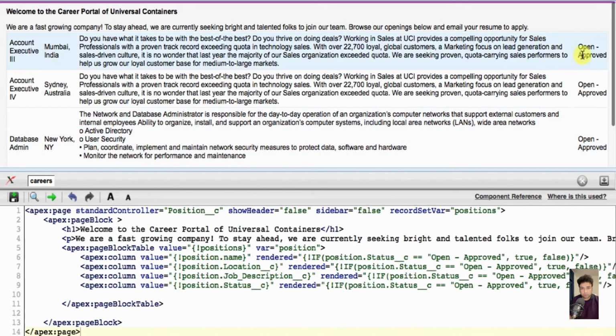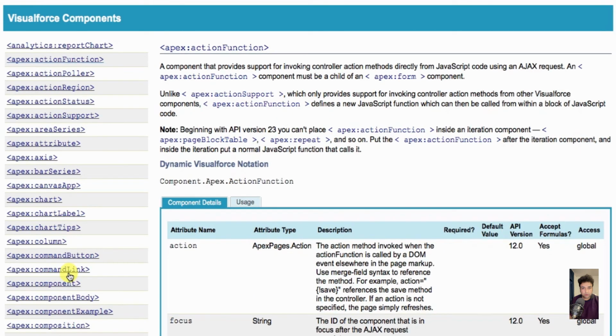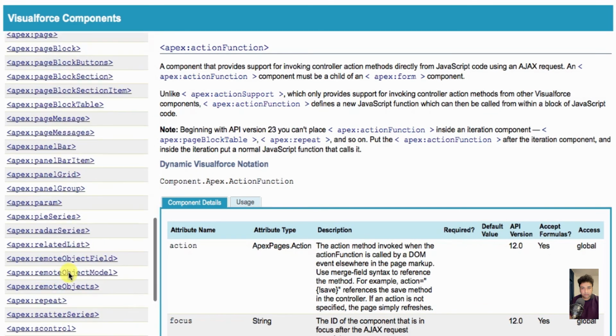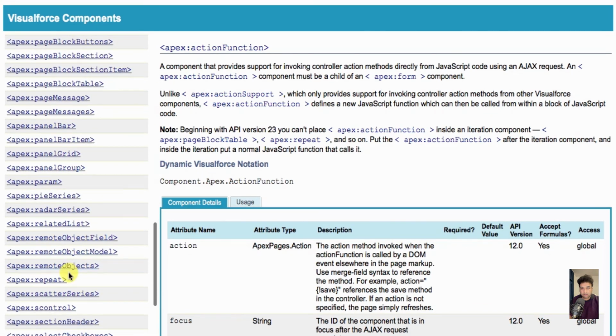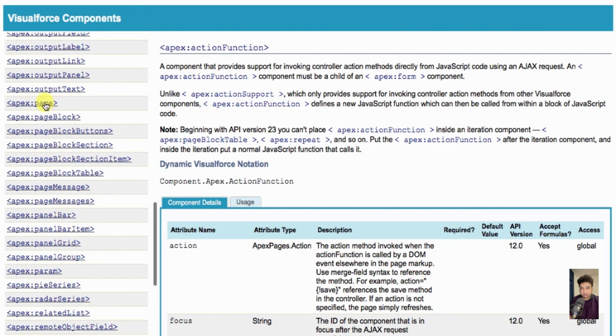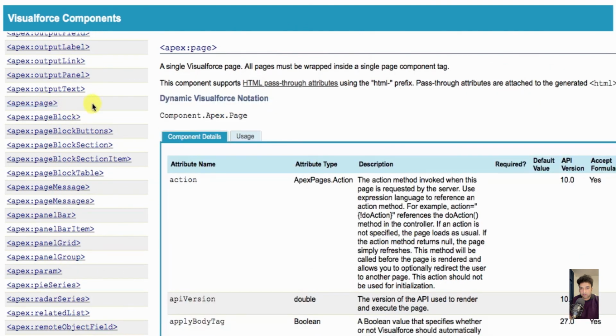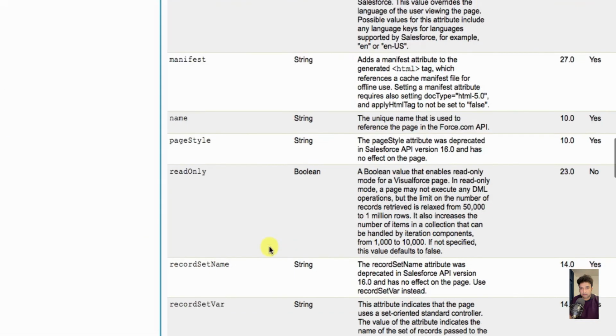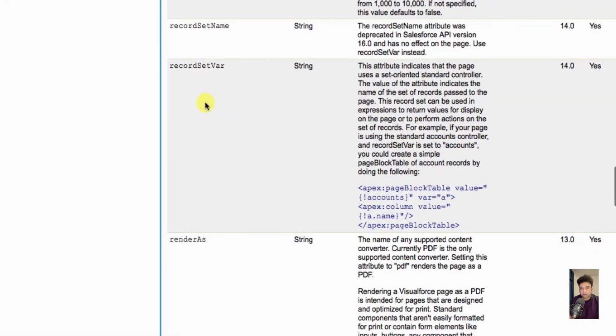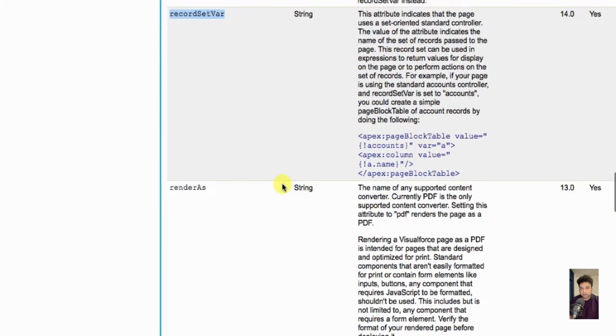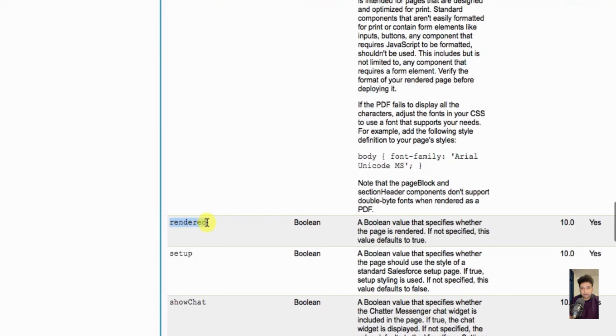We have used a couple of Visualforce tags to build this page. To understand the different tags and this syntax, you can click on the component reference. This is a library for Visualforce components. If you can recollect, we have used Apex page. You have a nice description of this tag and all the attributes that can be used inside this tag. We have used attributes like recordSetVar, rendered,